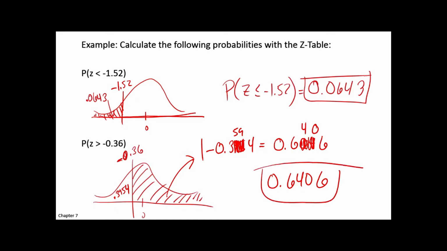All right. So you take your z-score. The first two digits go down the column, and you look up the second decimal place by the row. I'm going to have to make sure to bring my z-tables tomorrow.